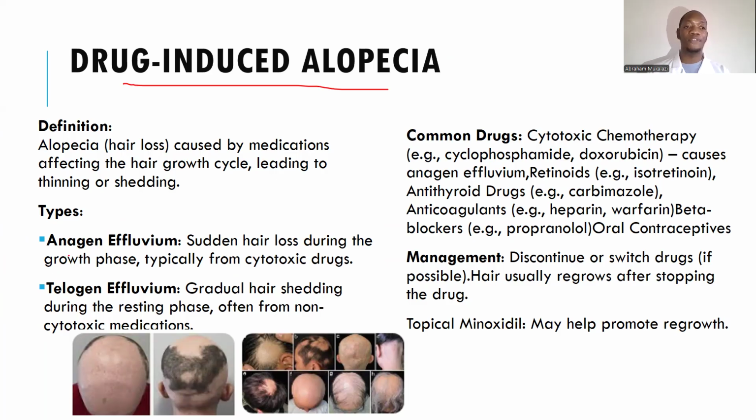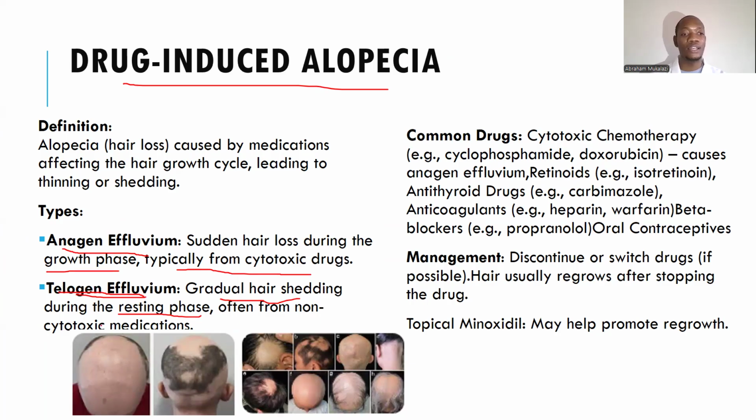And in this case, we have two types. You have the anagen effluvium or telogen effluvium. So anagen effluvium usually occurs as a sudden hair loss, and it occurs if you damage the hairs that are in the growth phase. Typically, this is the form of hair loss that we see with cytotoxic drugs, the chemotherapeutic drugs. And then the telogen effluvium, usually this is a little bit more gradual hair shedding, and usually occurs in the resting phase,